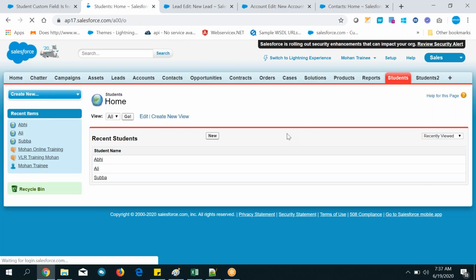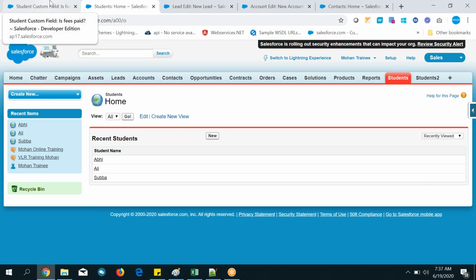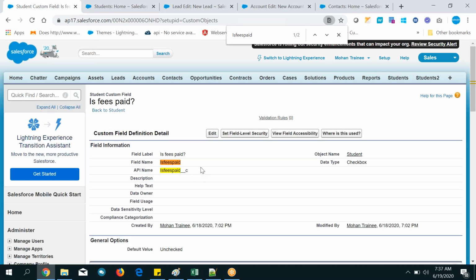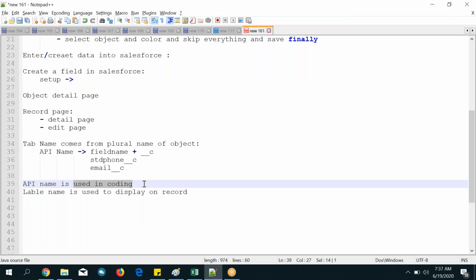Sir, the APIs are auto-created by Salesforce, so there is nothing to do with the API, right? Or will there be any use of API names? That's what I told, right? What is the use of API name?